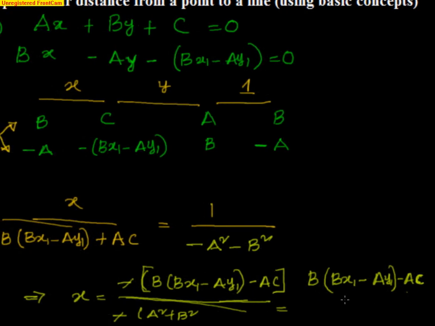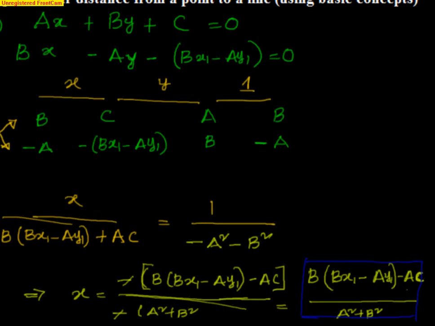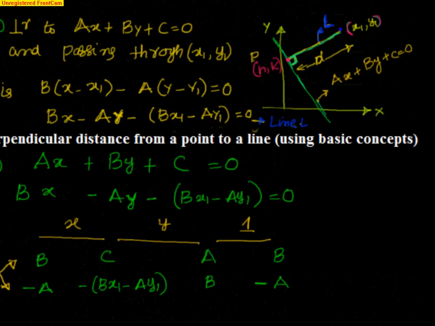This is what it is, right? Divided by a square plus b square. Just to remember only this. We just need this because this is the coordinate of h. Okay, right? So let me write it down here. What is the coordinate of h? Coordinate of h is nothing but equal to,